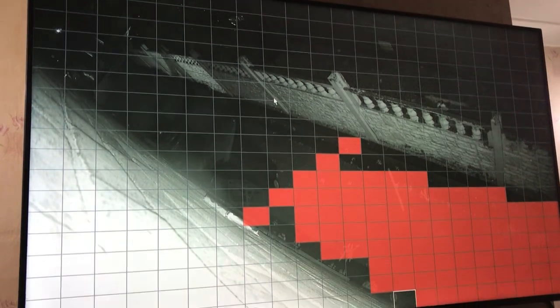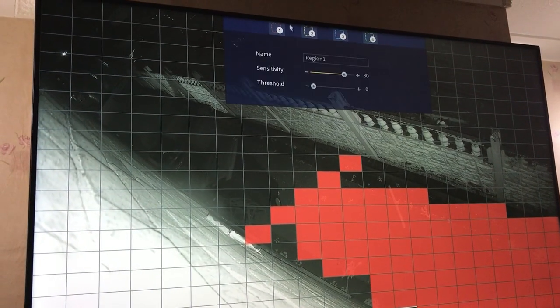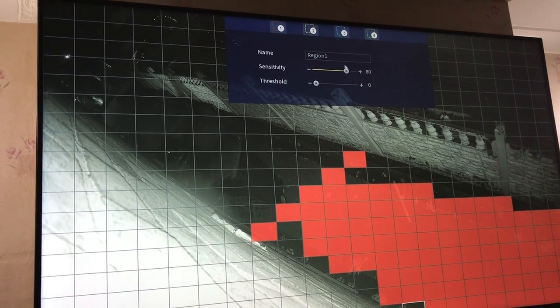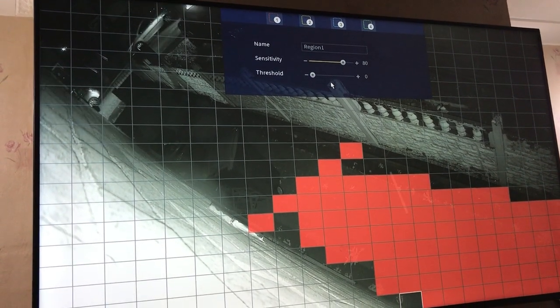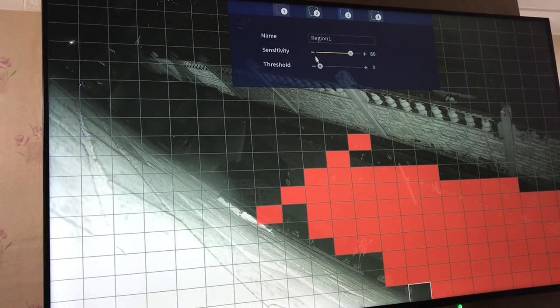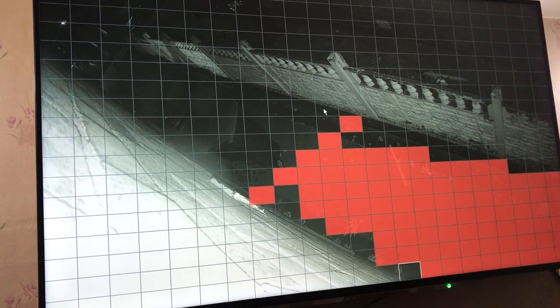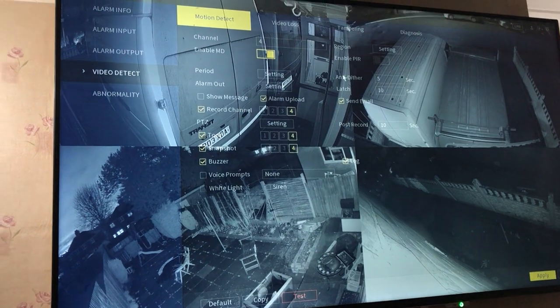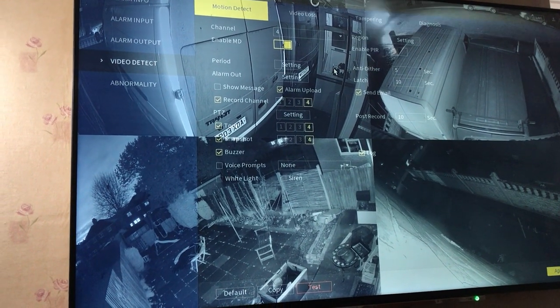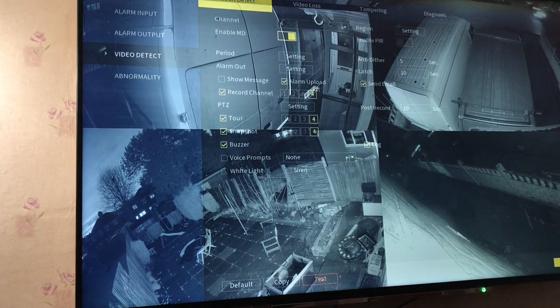Once you've set these two settings, the threshold and sensitivity, usually you don't need to touch that unless it keeps beeping with the raindrops or something. Then you might want to decrease the sensitivity a little bit. Once you've done that, just right click once and you will come back to this screen. And all you want to do here is